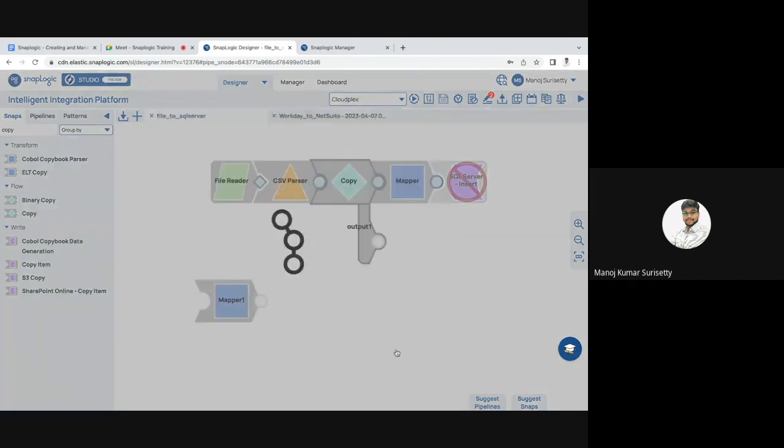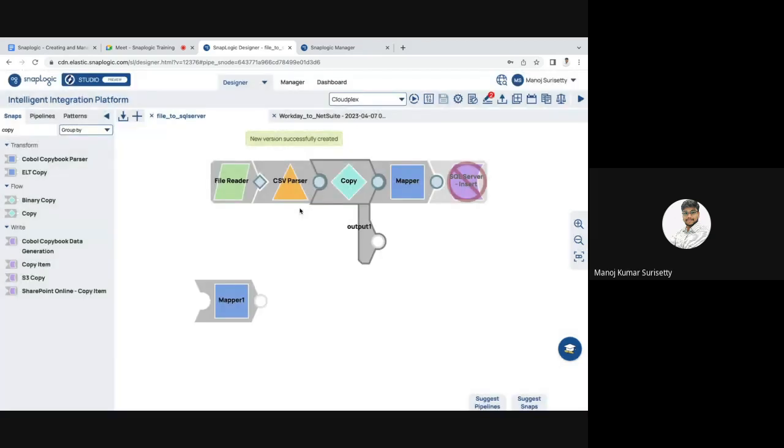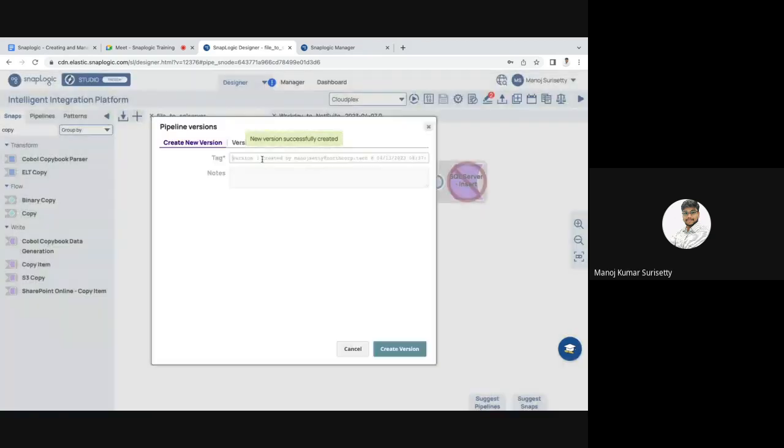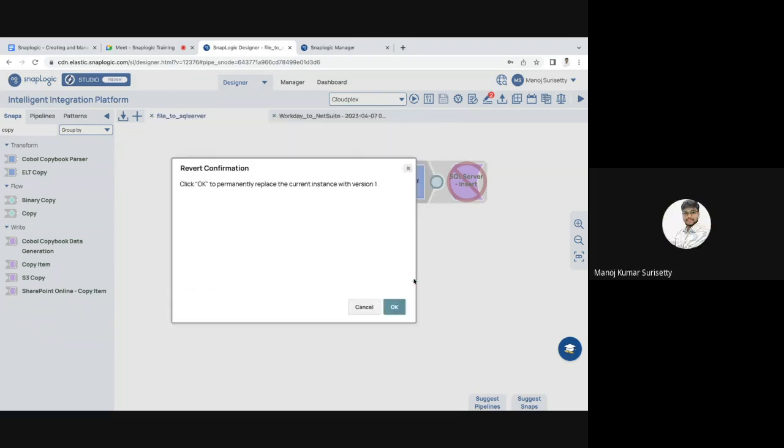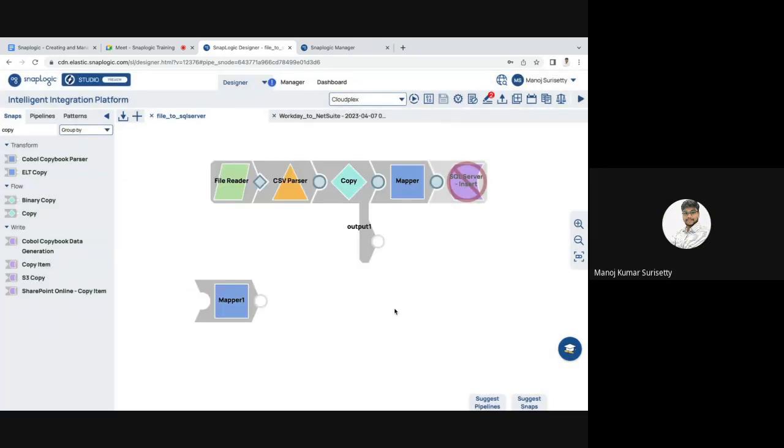If we do this, the changed code will also be created in a version, and the earlier version will also be there in a version. So we will go and revert back to the first one. Meanwhile, we will make a copy of that particular one, and it will be available in version 2. Makes sense. So if I want to revert it, I'll press OK, and it will